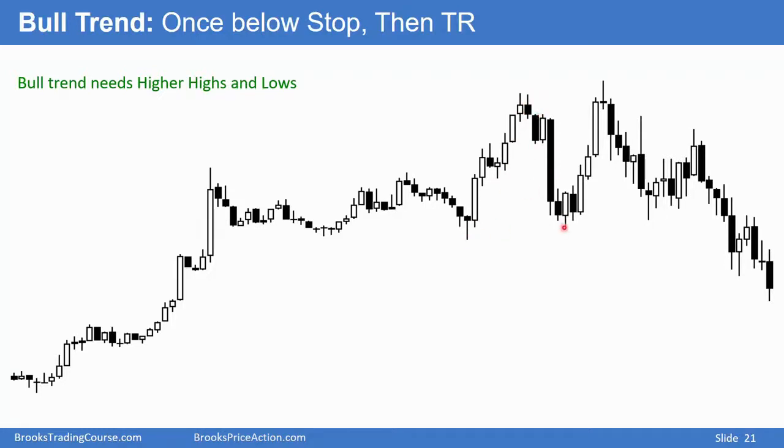This did not fall below that, so you can argue this is still part of a broad bull channel, forming higher highs and higher lows. Here we have another very strong bull breakout to a new high, so this then becomes the major higher low. If the market falls below this, then traders will conclude the bull trend has ended and the market has either become a bear trend or a trading range. And it did fall below that low at this point.